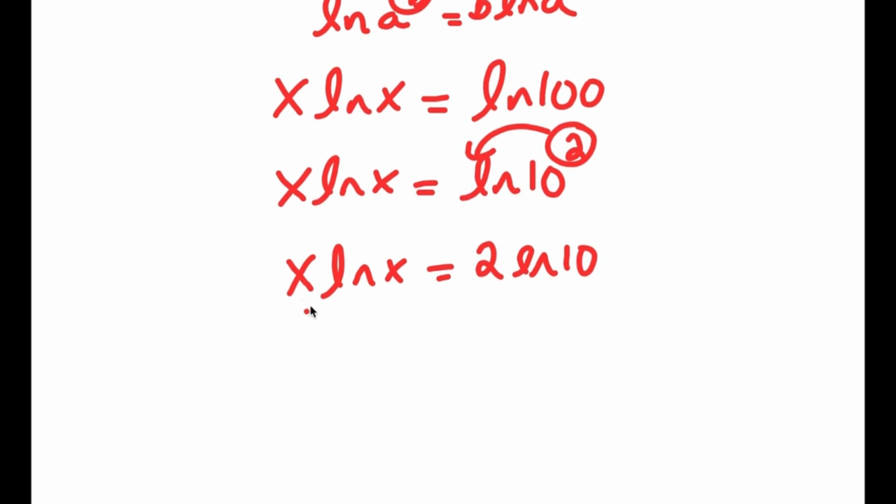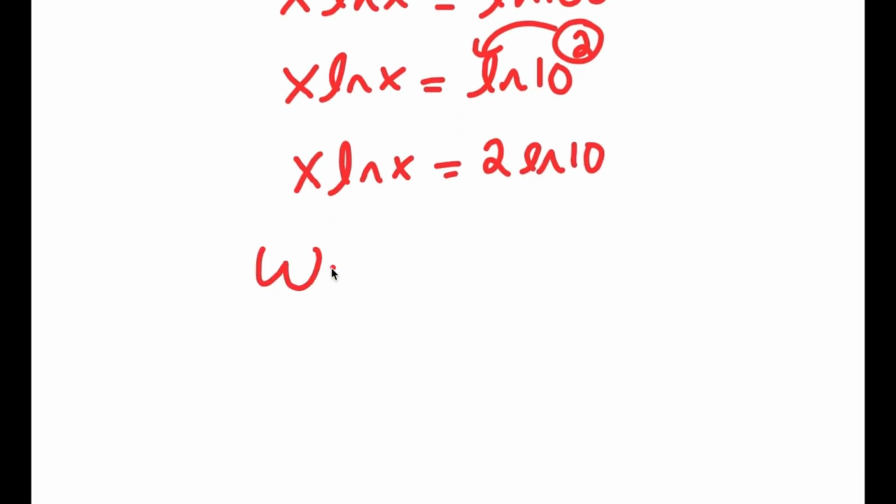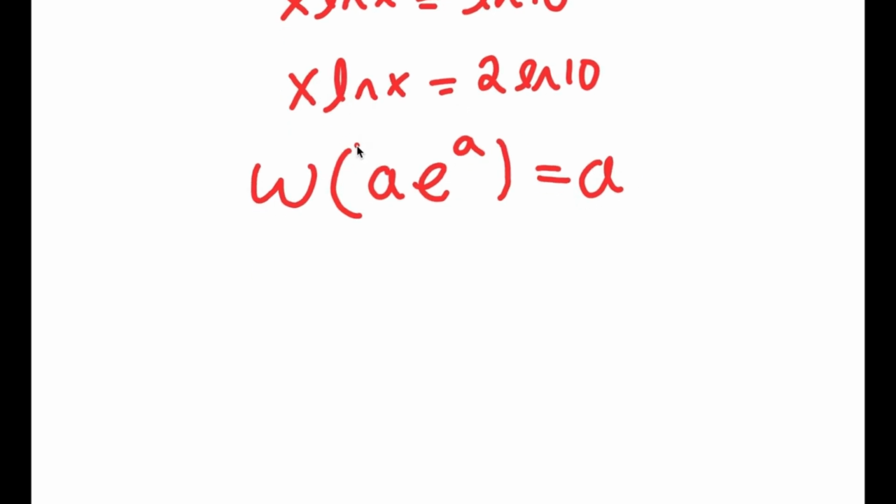Now, there's something called the W-Lambert function. And if I take the W-Lambert function of something in the form a times e to the power of a, this is going to equal a. So this is basically what the W-Lambert function is. So if there's something in the form a times e to the power of a, that's going to equal a. So what I'm going to do over here